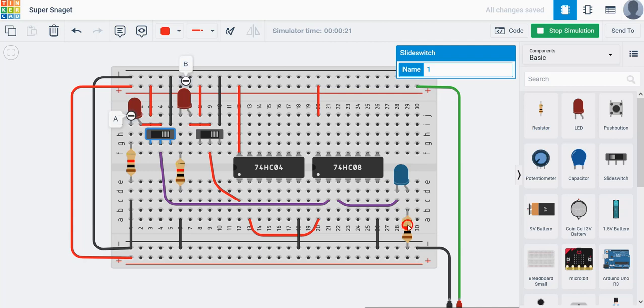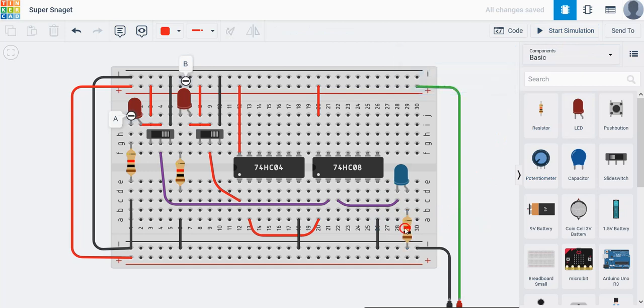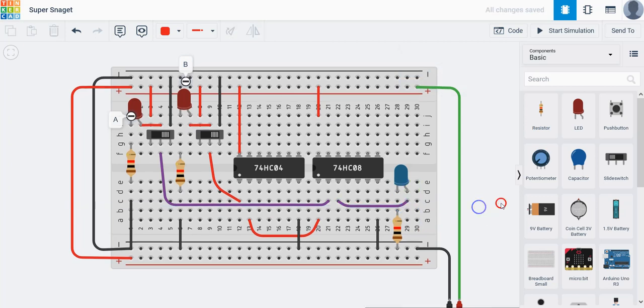So what I need to do is I need to click on this, move it over. Oh, I have to stop the simulation, otherwise it will not allow me to modify the circuit. So I click on this and then move it over like that. And then I need to take this wire and I need to move this one over here like that to be neat. Okay, now it should work fine. So if I start the simulation,